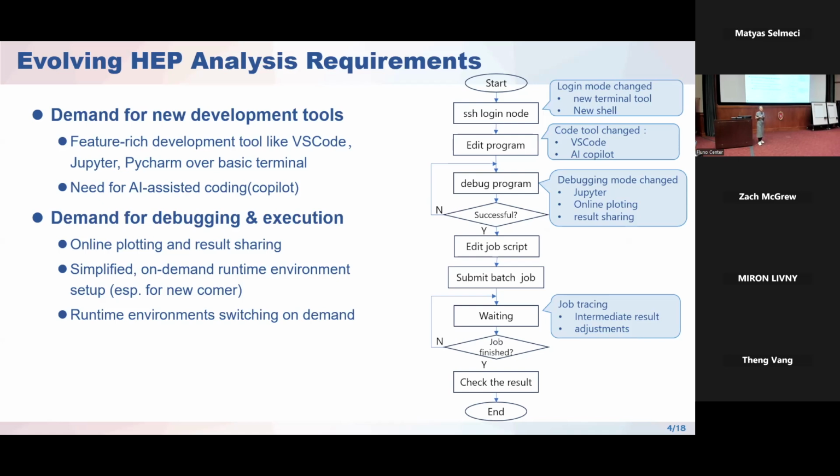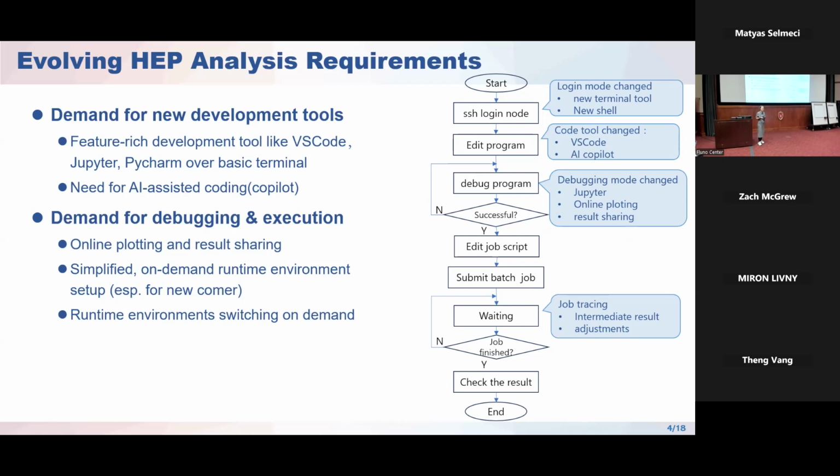Some newcomers would like the quite complicated runtime environment to be simplified and easy to set up. And we also have some users who have attended more than one experiment research,